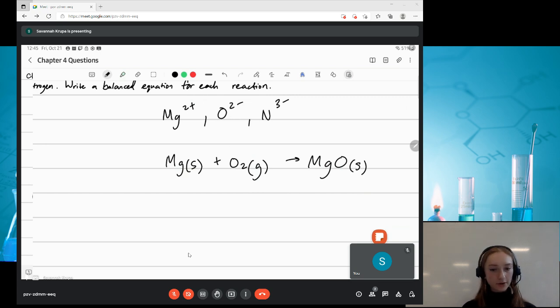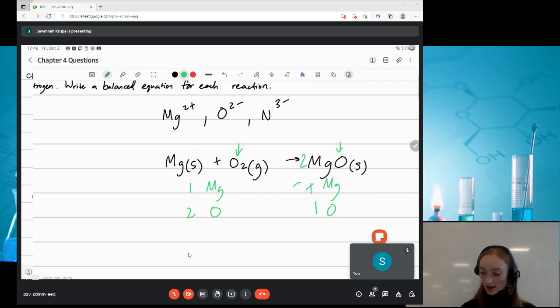So it looks like everything is already, no, it's not balanced on the left and the right. That's why you always double check. So we have magnesium and oxide, or oxygen, and then we have magnesium and oxygen here. And it looks like we have 1 magnesium on the left and 1 magnesium on the right. And for the oxygen, it looks like we have 2 on the left and we only have 1 on the right. So we are going to put a 2 in front of the magnesium oxide on the right,